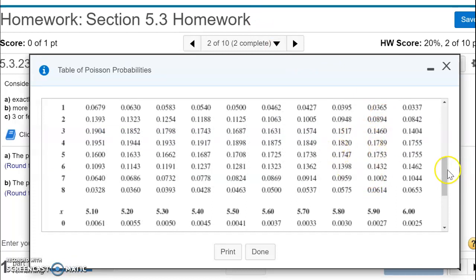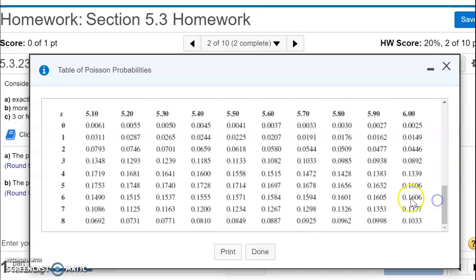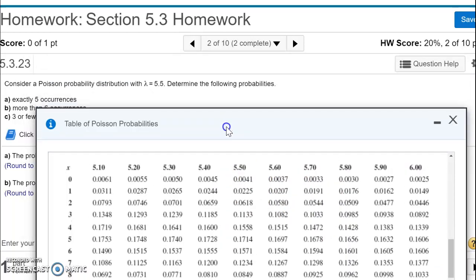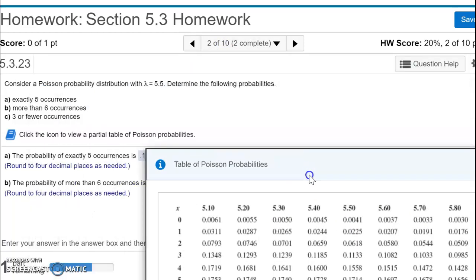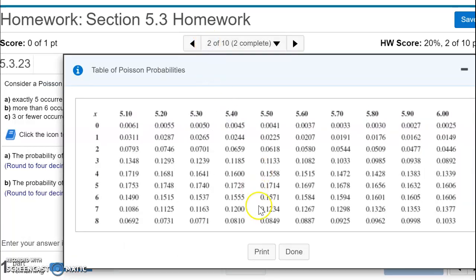So go to 5.5, and more than 6 means we're going to take 1 and subtract out the probabilities of 0 up to and including 6. So let's start with that one. 1 minus, and then we're going to do